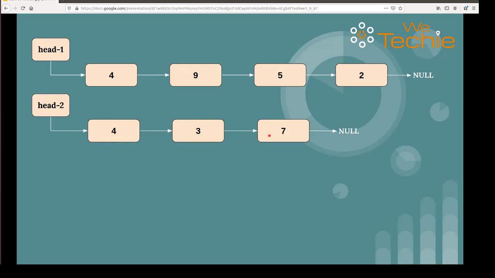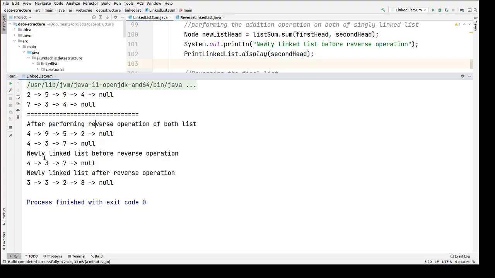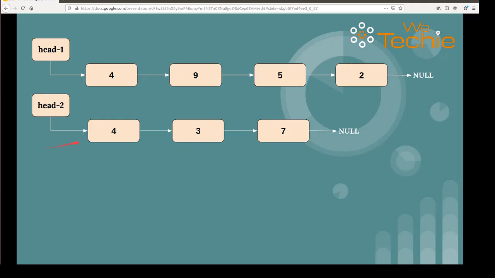These are the reversed lists. And newly linked list before reverse operation. So after performing the addition operation,